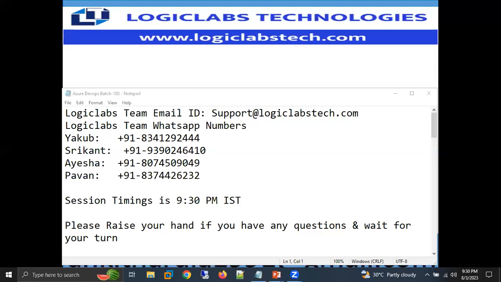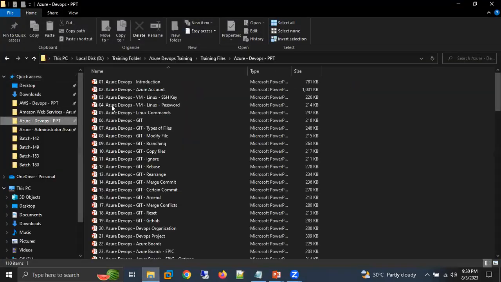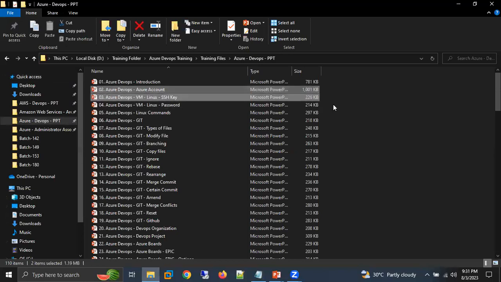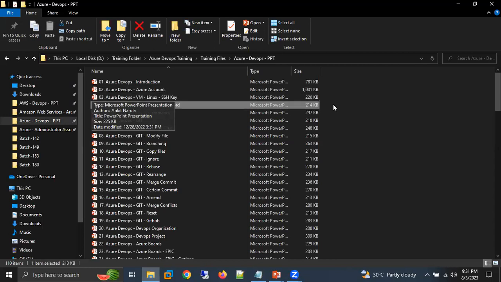So let's have a quick recap of what we discussed in the last session. In the last session, we discussed how we can create our Azure account, and then how we can create our Linux machine by using an SSH key. In today's session, we are going to learn how we can create our Linux machine with the help of